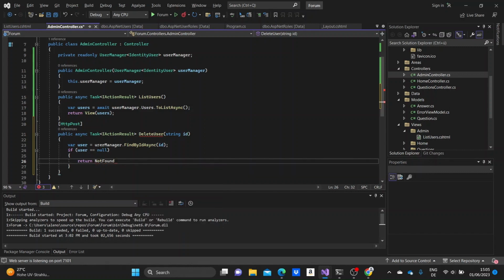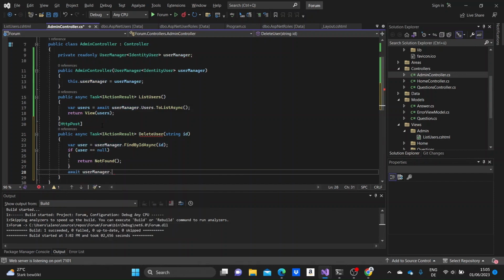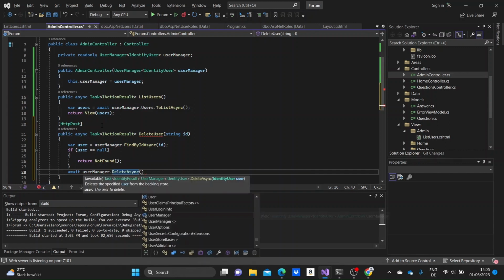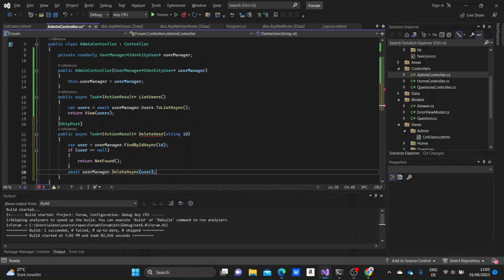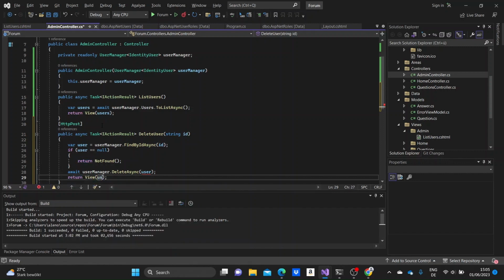So the logic is the same as what we do when we create a CRUD operations in the normal controllers. We are just doing this by using the user manager, not the context in our case. So I'm writing await user manager dot delete async, and I'm giving there the user as a parameter. And I'm just returning view, the view of list users,